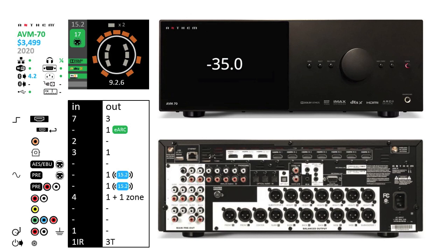To our knowledge, the Anthem AVM-70 may be the only 17-channel 15.2 processor in the world and supports up to 9.2.6 configurations without compromise. For those wanting more subwoofers, the AVM-90 adds 2 for 19 channels, 15.4 processing, and a 9.4.6 configuration. But that is out of our price range at double the cost of the AVM-70, the AVM-90 being